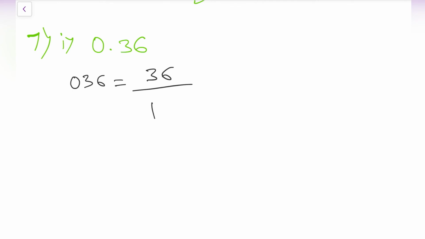7th bit. In this bit, he already gave the numbers in decimal form. We need to convert the decimal to p by q form. In that, the first question we have is 0.36. First, remove the decimal and write the number. If we remove the decimal, it will become 036, which is nothing but 36. That 36 you divide by 1, and then count how many digits are after the decimal. After the decimal, 2 digits are there, so keep 2 zeros here. 0.36 is nothing but 36 divided by 100.